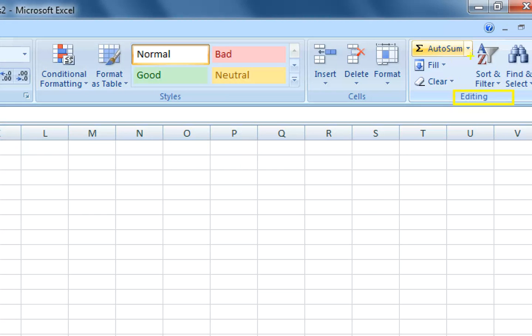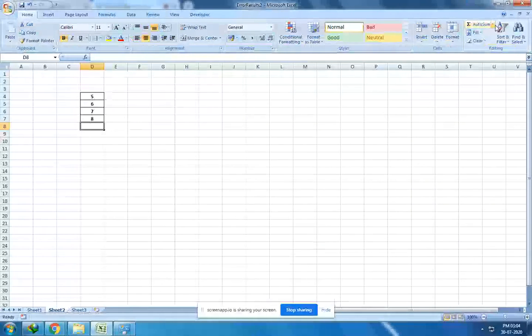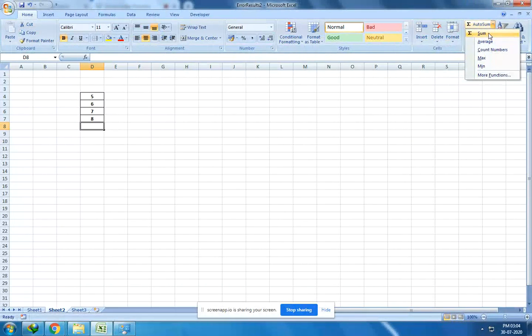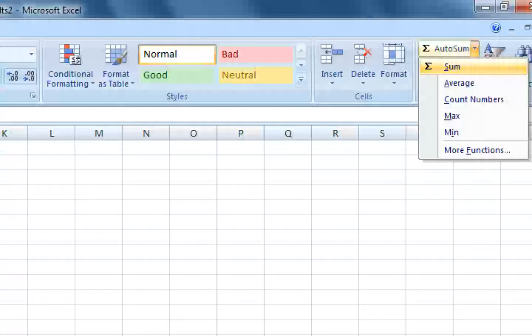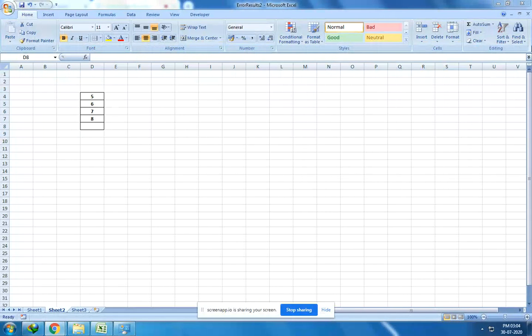So this is the down arrow. So let me click on it, down arrow, and select the sum function. You can see sum, average, count numbers, max, min, and etc. So sum will calculate the sum of those numbers, average will calculate the average of those numbers. Count numbers means simply it will count how many numbers are there in the given range. Max will calculate the highest number in the range, and min will calculate the minimum number. So let us see one by one. Let me first try the sum feature.